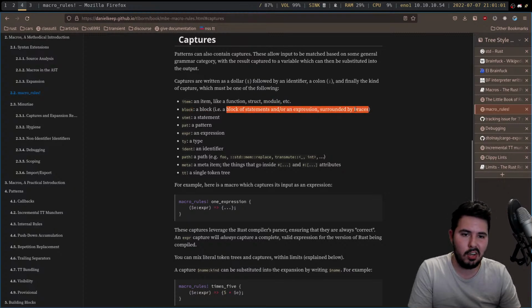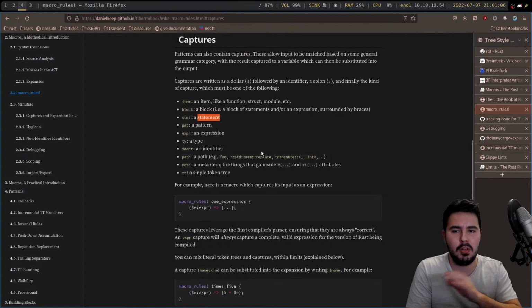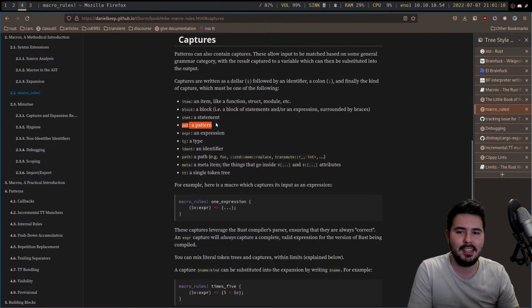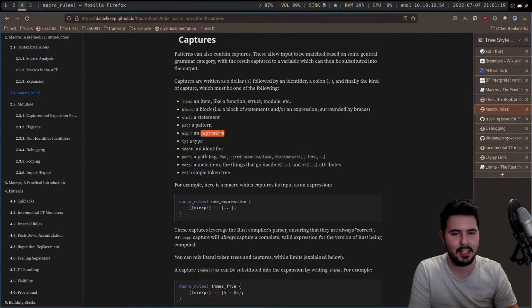A block, that's not right. If we're just having pluses and dashes, that's not a block. A statement is a whole statement of Rust code followed by a semicolon. That's not right. A pattern is used with pattern matching and stuff. That's just wrong. An expression? Well, plus, minus, comma, left bracket, that sort of stuff,